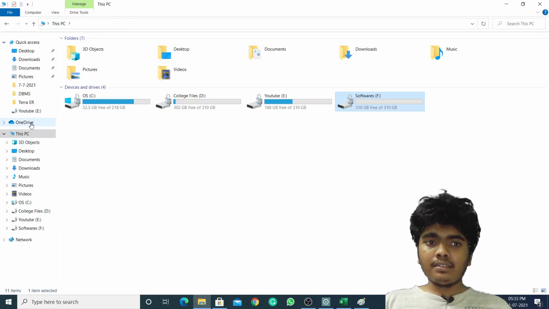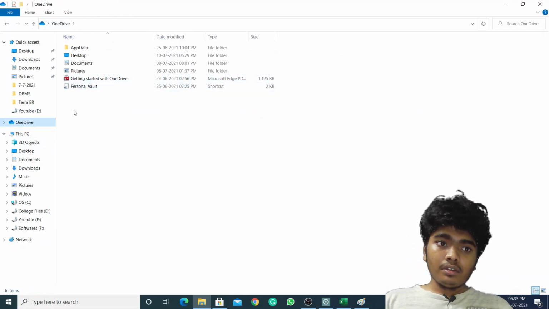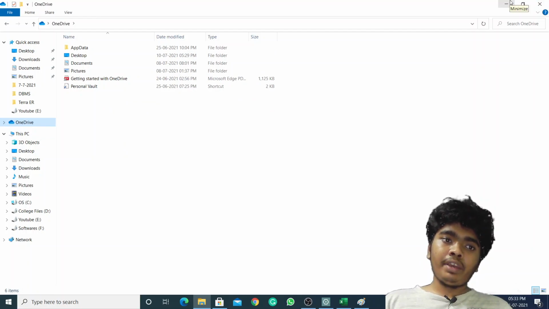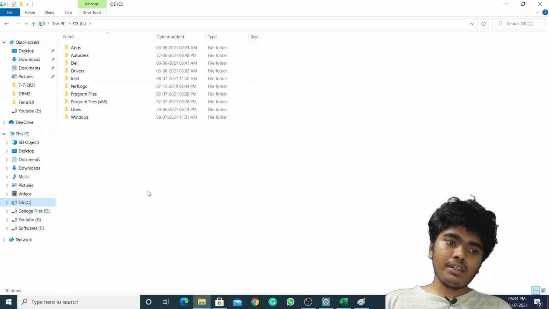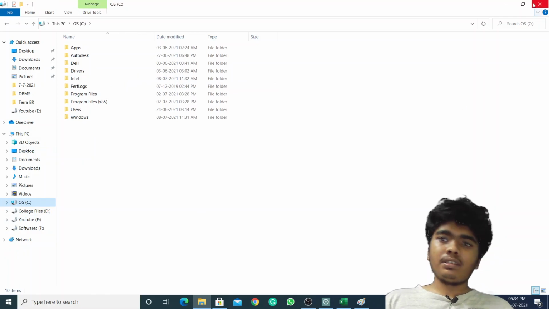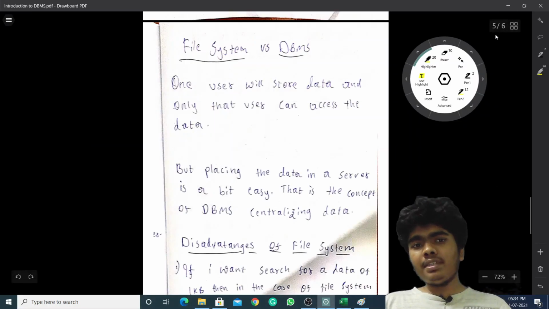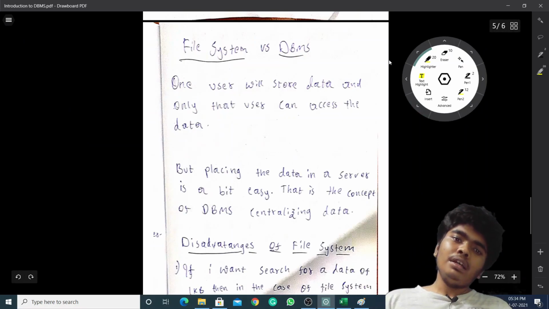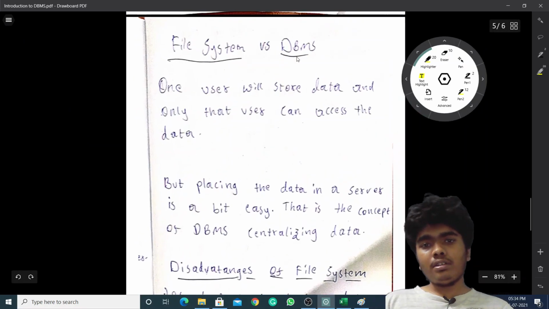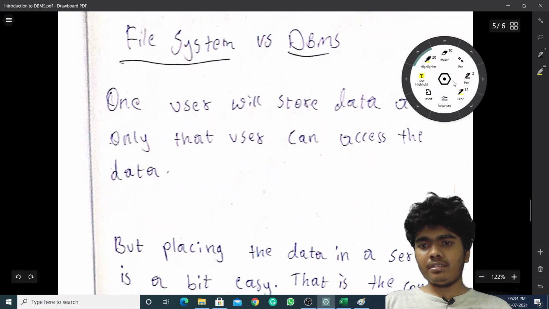If you place that data in OneDrive, which is a cloud storage, you can share it with anyone who requires it. OneDrive is provided by Microsoft. These personal hard drives are file systems, and OneDrive is a database management system. Google Drive is also a database management system.